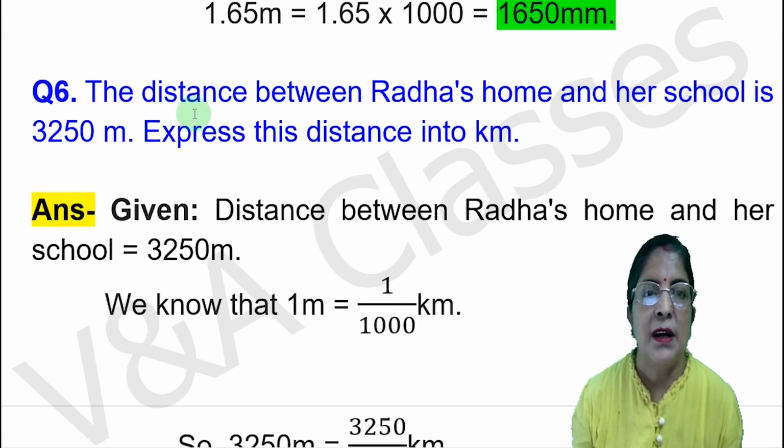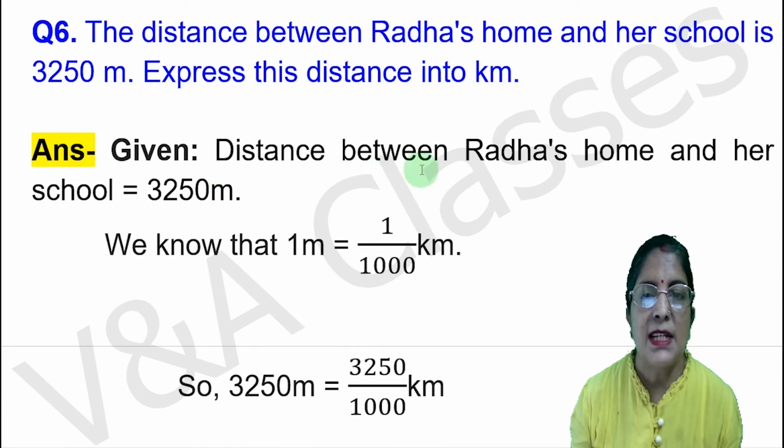Now next question. The distance between Radha's home and her school is 3250 meter. Express this distance into kilometer. Question में कह रहा है कि राधा के घर से स्कूल का distance 3250 मीटर है। इस distance को किलोमीटर में express करना है। तो हम लोग given से solution start करेंगे।